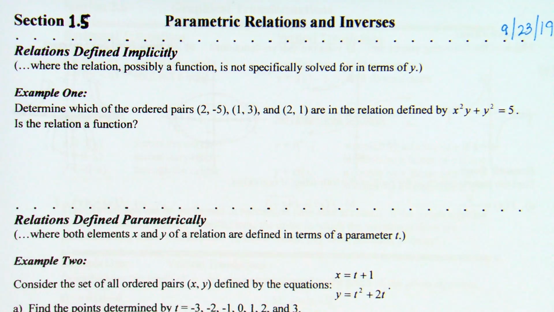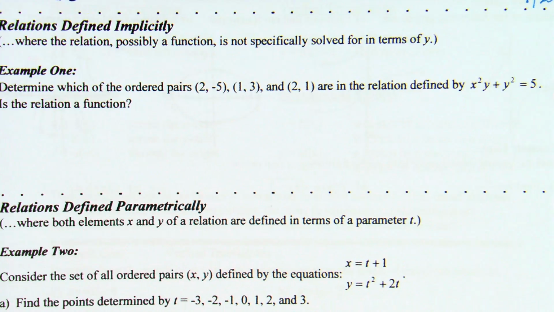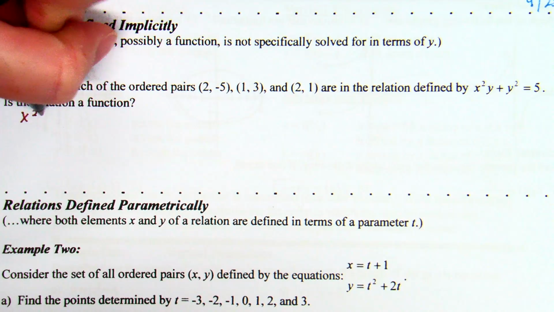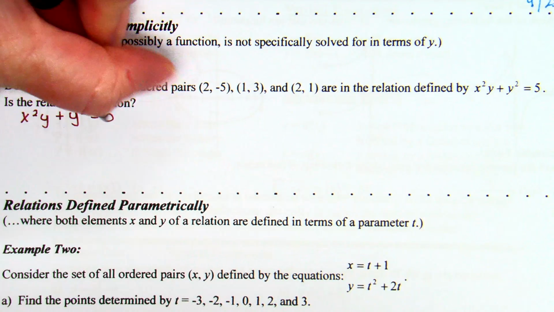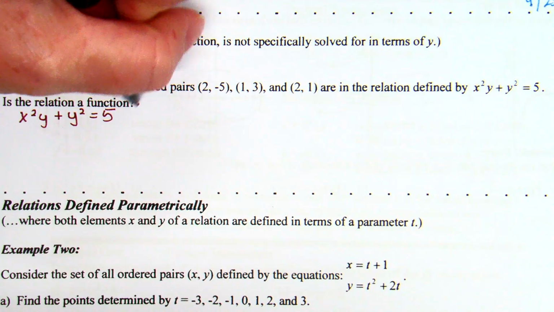Determine which of the ordered pairs (2, -5), (1, 3), and (2, 1) are in the relation defined by x squared y plus y squared equals 5. And then, is the relation a function? One thing at a time. How can I decide if the ordered pairs are in the relation? Plug it in. Yes, that's exactly what I'm looking for, the basic plug it in. I'm going to take the equation x squared y plus y squared equals 5, and the first ordered pair we're going to try